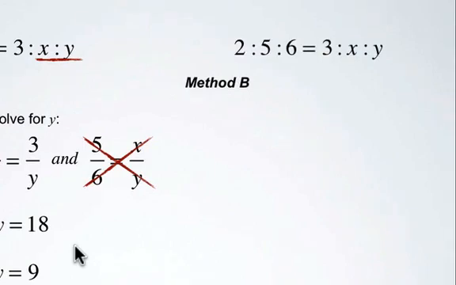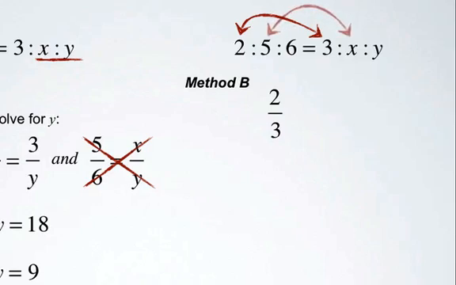The second method that we can use when solving these proportions, when we have 3 parts on each side, is to compare the 2 numbers in the appropriate spots on each side of the equal sign. So we've got a fraction here, 2 to 3, and we'll compare that 2 to 3 to the next portion of the proportion, which is a 5 to x ratio. So we're going across the equal sign with these ones. So a 2 to 3 ratio is going to be equal to the 5 to x ratio,